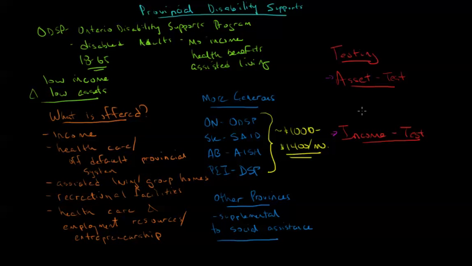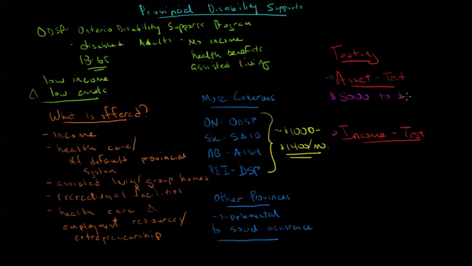And sometimes that's not the worst thing. If this person's going to have so much income and assets on their own that they don't need these disability supports plans anymore, hey, that's not that big a deal. But if they're sort of just on the cusp, then you may want to put in place appropriate planning for this. So on the asset test side, we generally are looking at as low as about $5,000 of assets